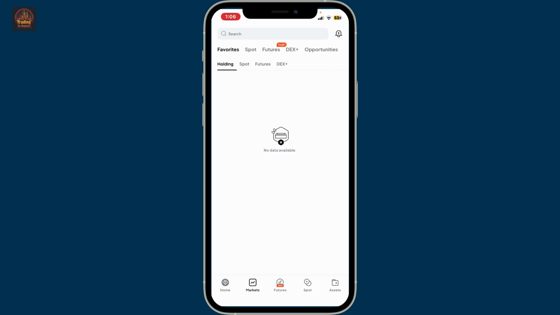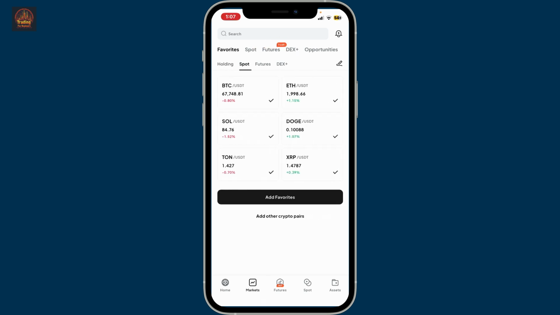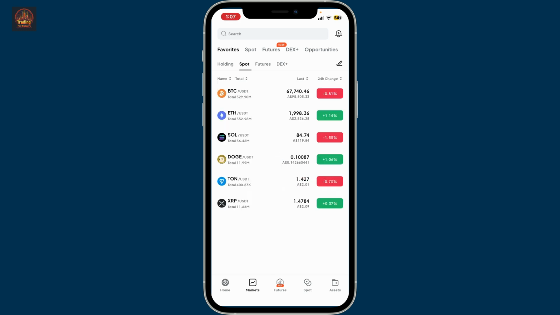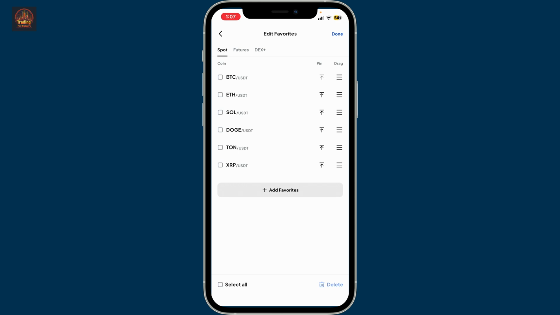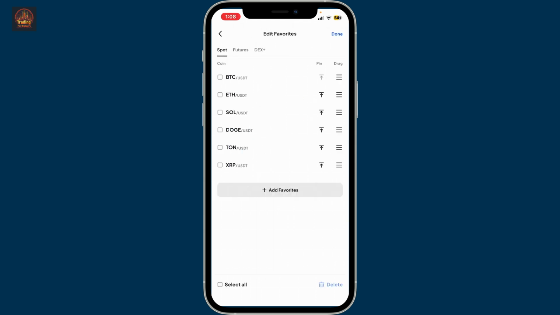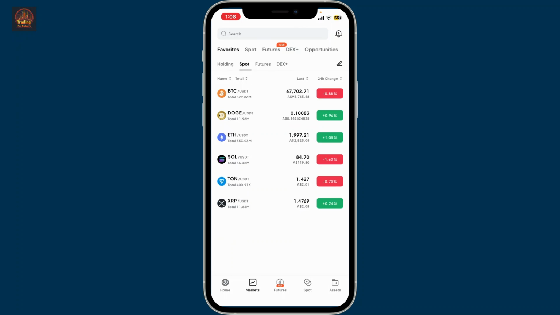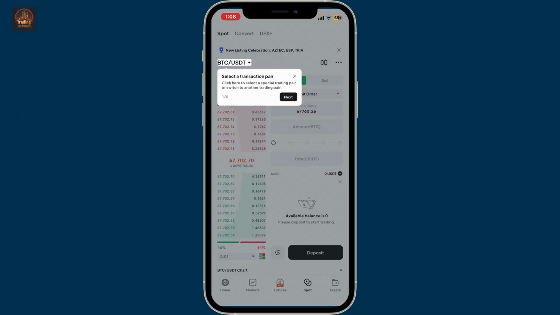If you don't have any, from your Favorites tab, go to the Spot option and then go ahead and click on Add Favorites. Now go to the top right and tap on the small pencil button and select the Add Favorite button. Choose another cryptocurrency you want to add to your favorite list and tap on the star icon right next to them. After you choose the currency pair you want to add to favorite, you can then head back to your favorites list. So that is how you can easily add a currency pair or a token to your